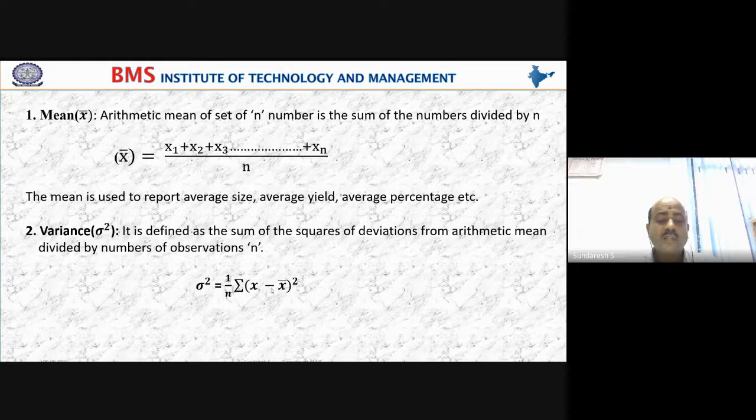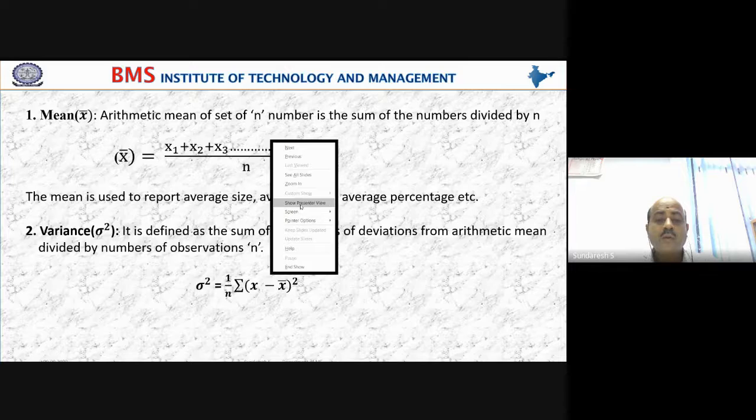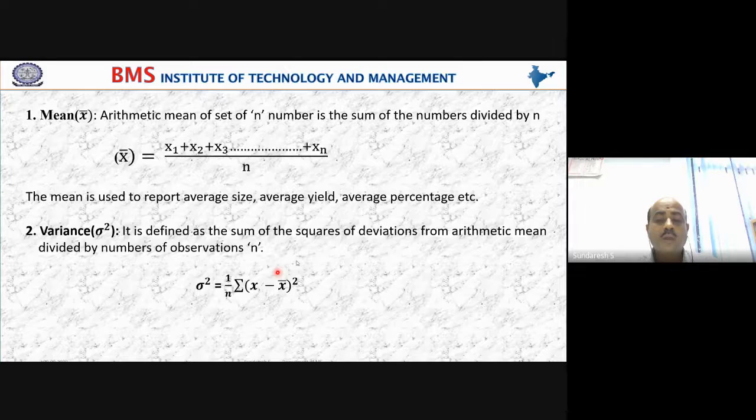Is x minus x bar. So you have to calculate the mean. So you have to get the difference in the deviation, that is the square deviation in the arithmetic mean, that is x minus x bar, right? So then, x minus x bar and the square of this, and then you need to add. So that is a summation. It is called the sum of the squares of deviation from arithmetic mean.